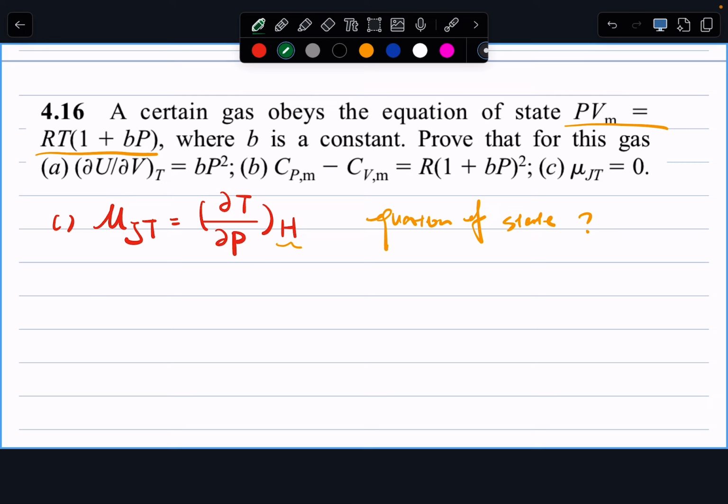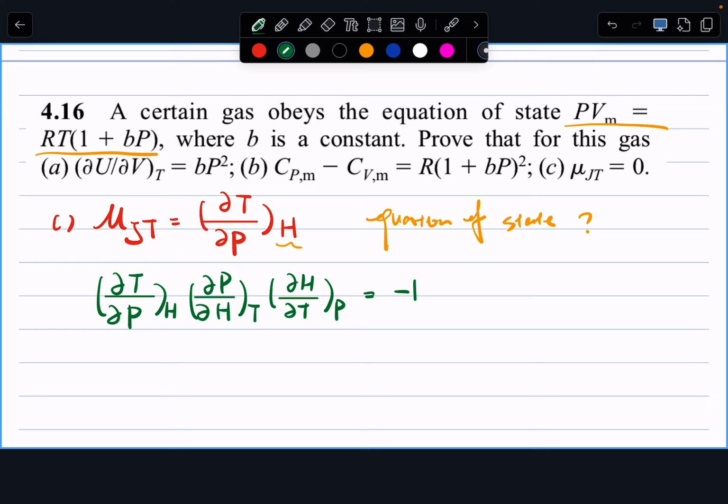So you have 3 variables linked together. In there, we have (dT/dP) at constant H, (dP/dH) at constant T, (dH/dT) at constant P equals -1. All